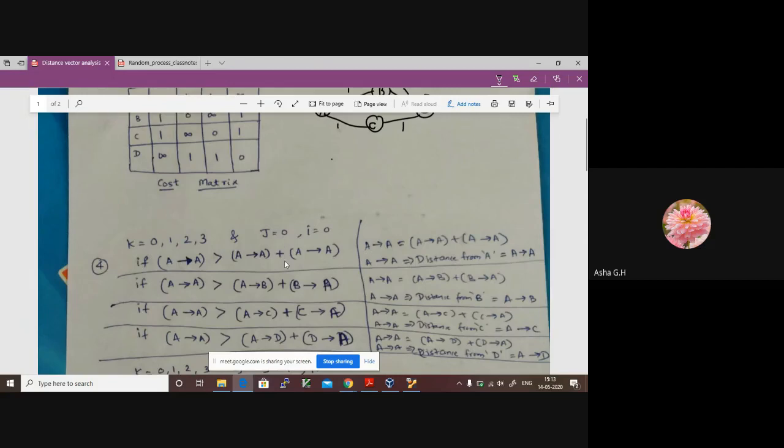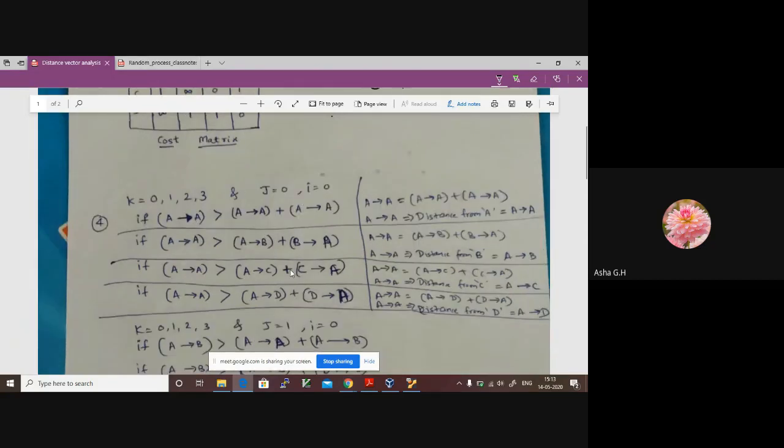I have just taken an example of this case to show how the program works to find out the routing table for only node A. But our program is written to find out the routing table for all the remaining nodes. You can give any variable number of nodes. It will find out the shortest path for all the remaining nodes in the network. So maybe this sheet will be shared with you. Maybe this will help you to analyze the program.